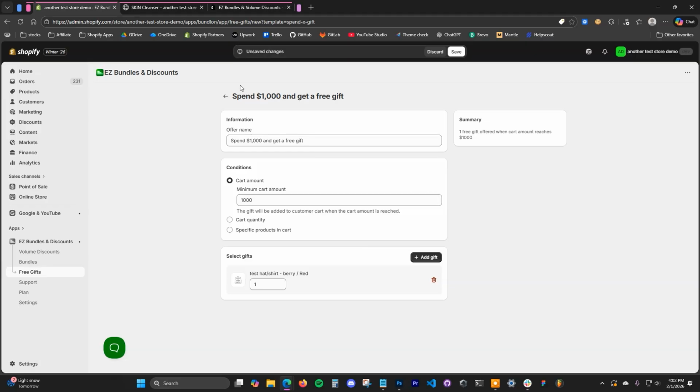And then you can set up the offer name right here. In this case, we'll set up the same $50 one that we did before. So we can see that there are different conditions. We can use cart amount, cart quantity, or specific products in the cart. So cart amount, this just means the gift is going to be added to the cart when this amount is